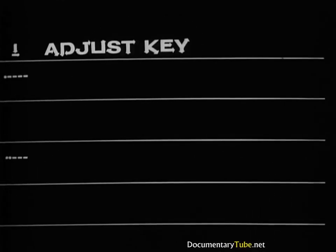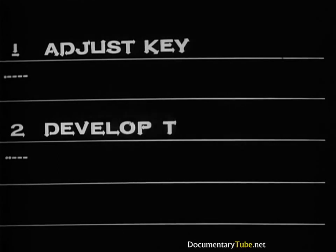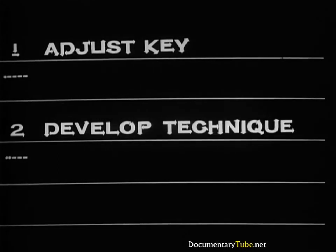Which brings us to step 2, developing the proper technique to work that key. Again, a musical analogy. Some performers never bother with technique. Others,